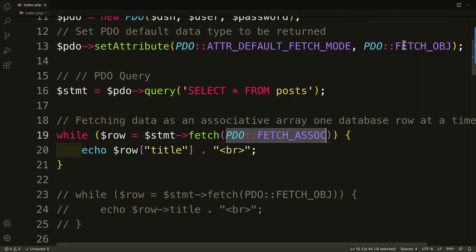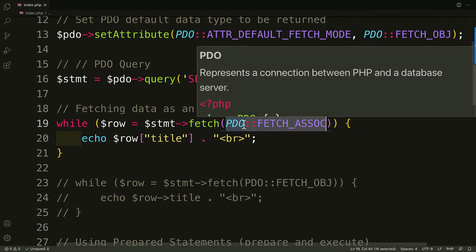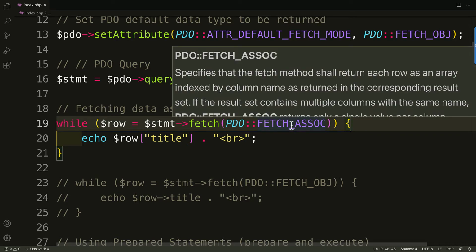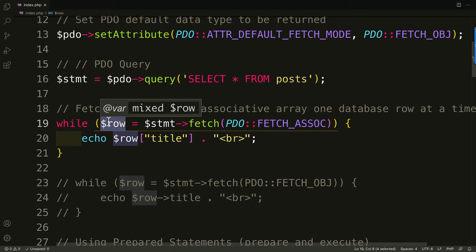You did this fetch object thing up here, right? So I can specify, using this syntax here, PDO::FETCH_ASSOC. But this is gonna give me back an associative array. And each row from the posts table